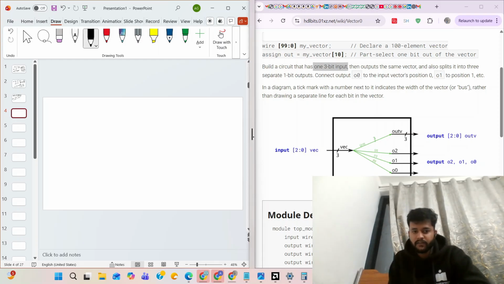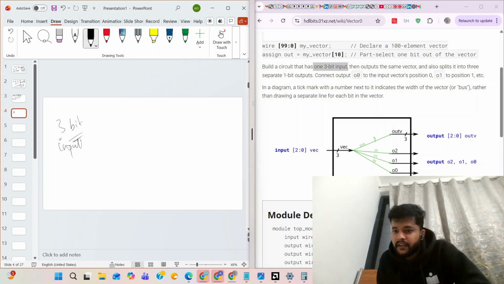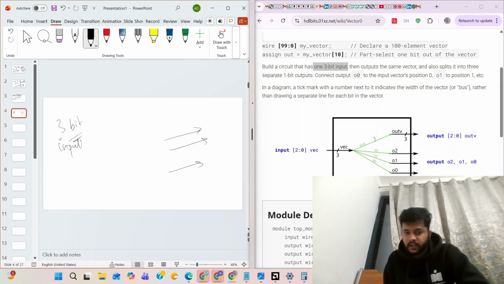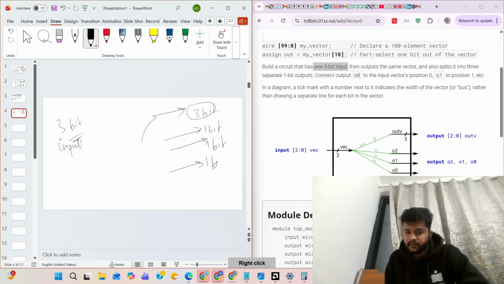So in this problem, we have a 3-bit input, and the outputs are of the same vector type, meaning a 3-bit output is also there. And separate 1-bit outputs are also there. So one output is a combined 3-bit, and these are 1-bit outputs.